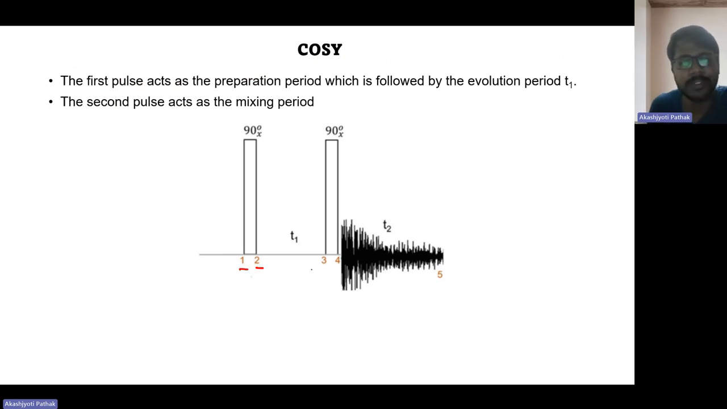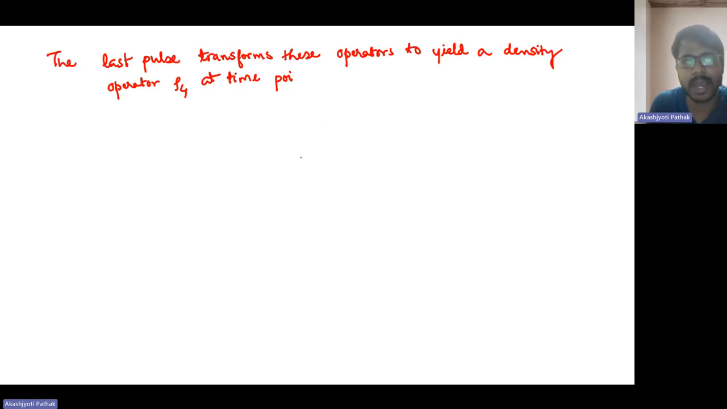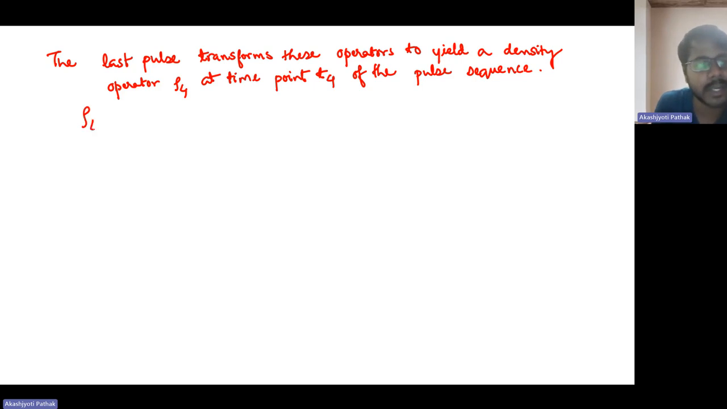So these are the different time points, T1, T2, T3, T4. What are the density operators at each of these points? That will be rho 1, rho 2, rho 3, rho 4. So I'm writing the expressions for these at different time points. Is it understood now? At time point T4 of the pulse sequence, as we had derived for T3, rho 3,